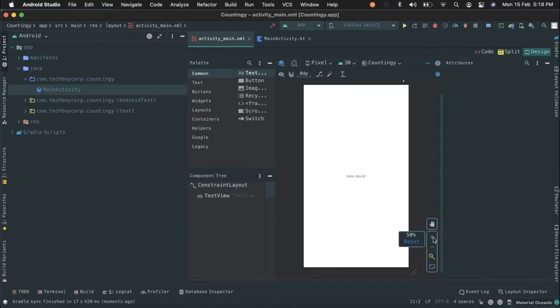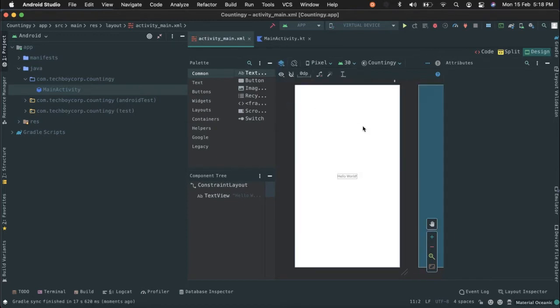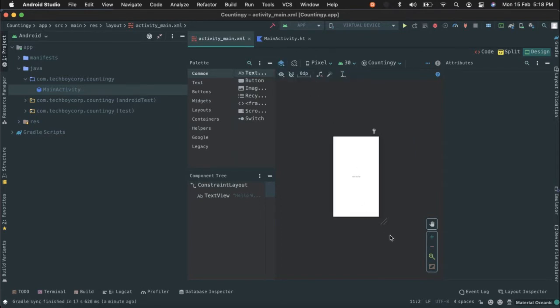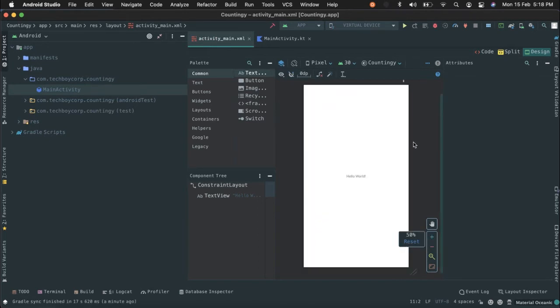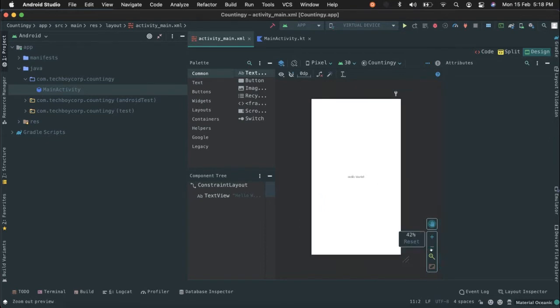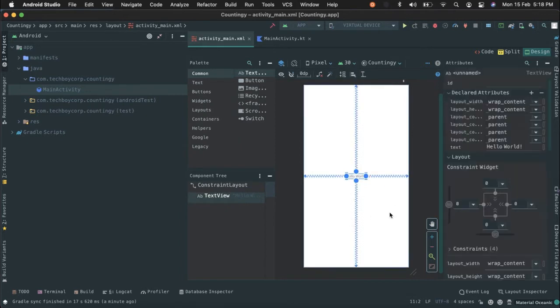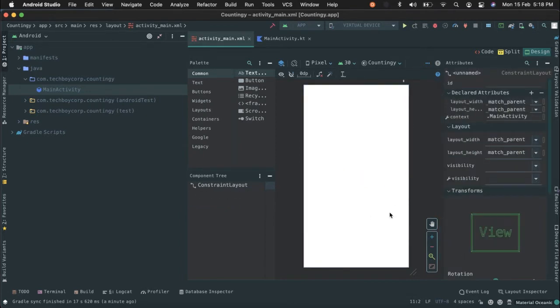So over here we have this window. Normally if you haven't used Android Studio, then the interface would be something like that. To change the blueprint, you can click on design by clicking over here. Blueprint also shows you the hidden elements, but we don't want to see them. We just want the design view. So now what we will do, guys, is we'll take this text view out. Text view is basically a fancy name of labels.